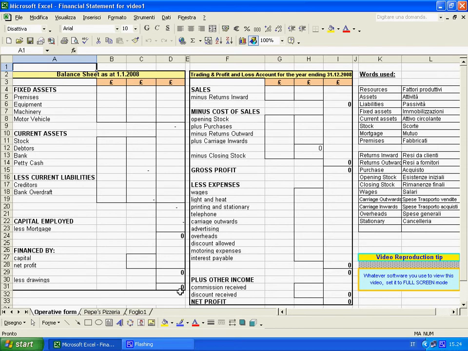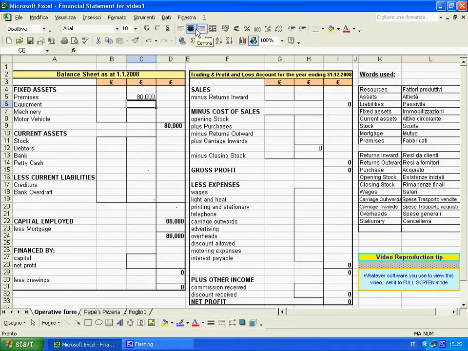We have to say before to make a further explanation that this prospect is called balance sheet as at the beginning of the year. So in this case, the prospect is issued as at 1st of January 2008. So premises. Premises are buildings where we can locate our offices, and we need absolutely to have premises. The amount of money needed to buy premises is 80,000